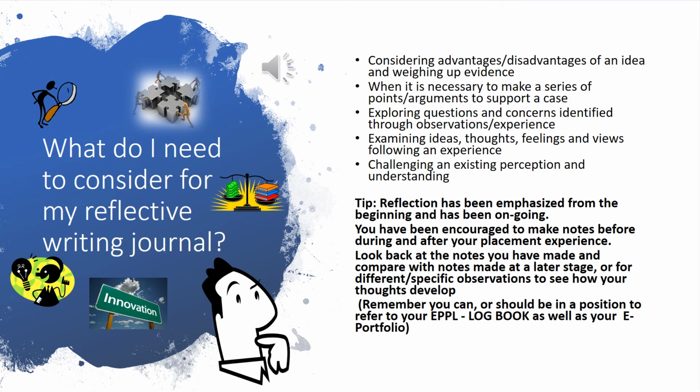Have a look at the bullet points that put into words ways that you can relate to the images on the left, and just highlighting really and making more explicit what it is that you're undergoing in your preparation for your written